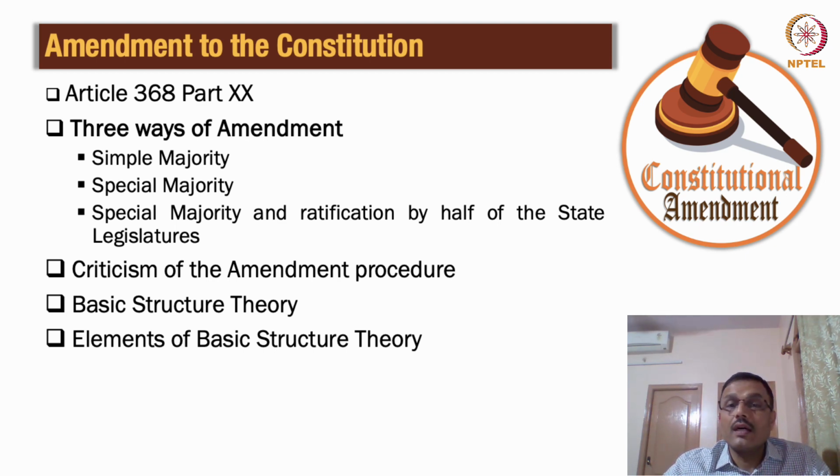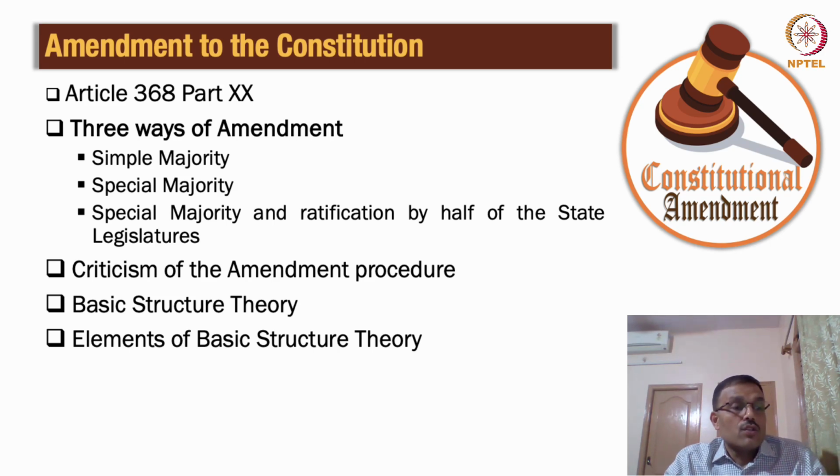So please note, such a bill to amend the constitution cannot be passed through a joint sitting of both the houses. It shall be passed in each house separately. And in case there is a disagreement between both the houses, interestingly, you will notice that in an ordinary bill, a joint session of both the houses can be called. But for a constitutional bill, no such provision of holding a joint sitting of both the houses is provided for.